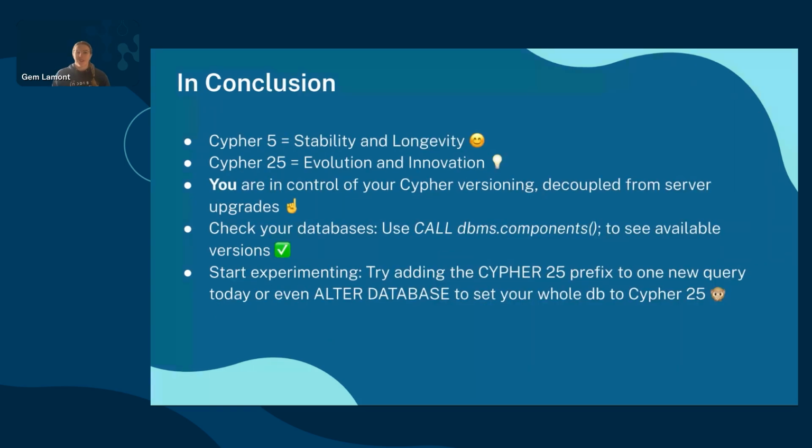But basically, in conclusion, we have Cypher 5. This is our stable, long-lived Cypher version. But we also have Cypher 25. This is where our evolution and innovation is. It is also stable. There are no more breaking changes, so feel safe and happy to use that. And now you're in control of Cypher versioning. It's decoupled from server upgrades. And if you want to check if your database has this available, you can use the dbms.components procedure as